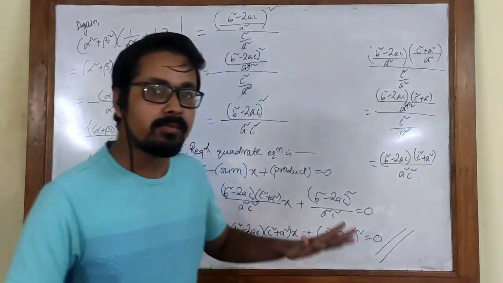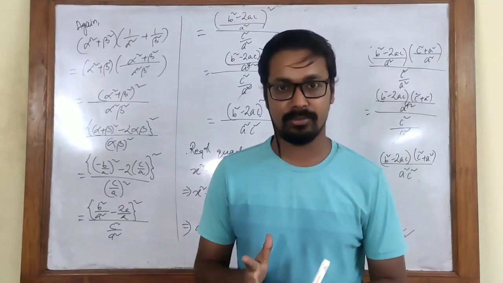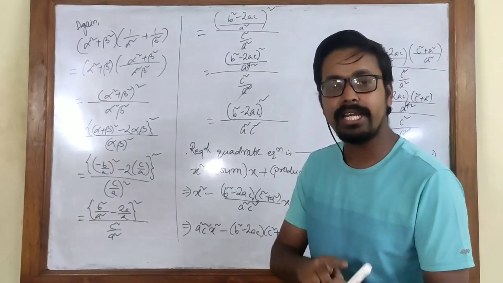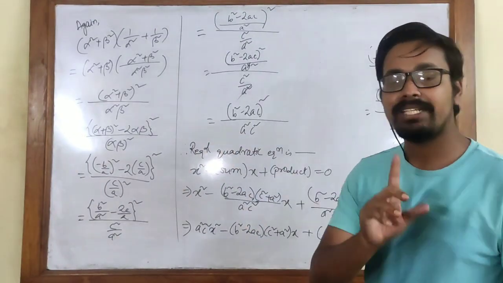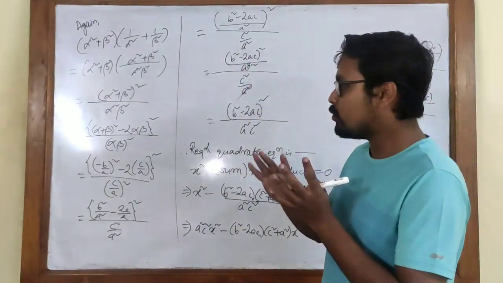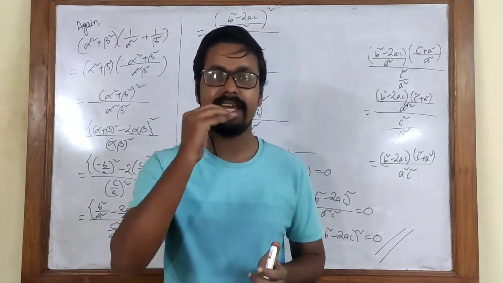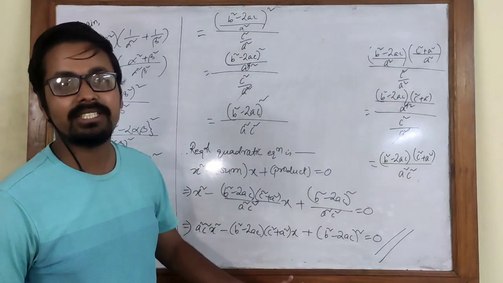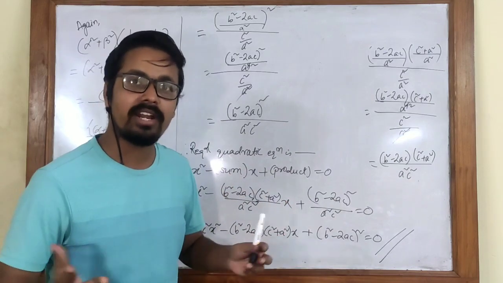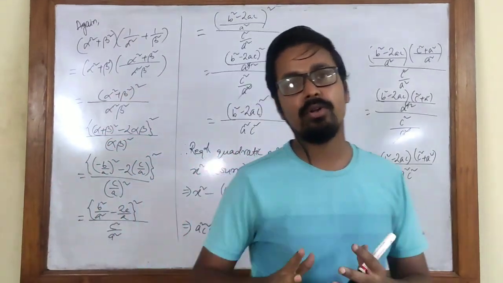As you can see, these sums are all lengthy sums, so it will take some time to solve. But the benefit is that these are not hard sums. All you need to do is have a basic idea of sum of roots and product of roots, and along with that you just need to know how to simplify. The mistake most students will make in this sum is during simplification. If you don't lose concentration and you do it meticulously, seeing each and every step, then you will not make any mistake and your sum will be correct because the process is very simple. We don't have any hi-fi formula or anything, only simple methods in a longer process. So that's how we solve this type of sums.